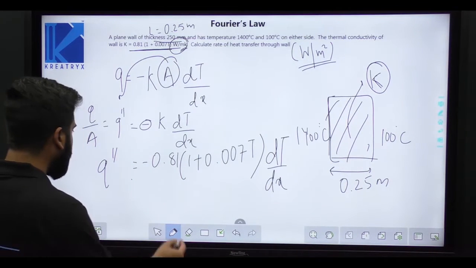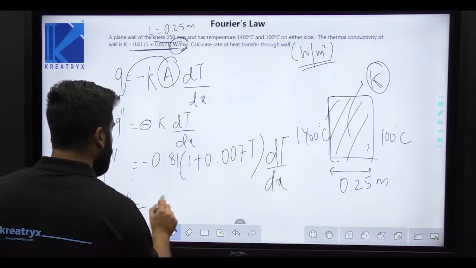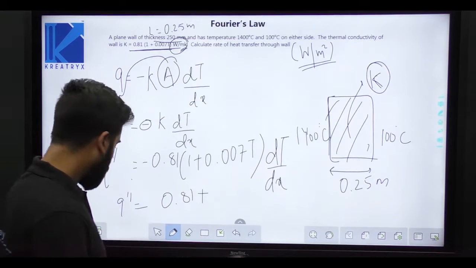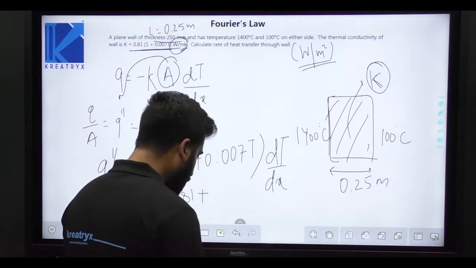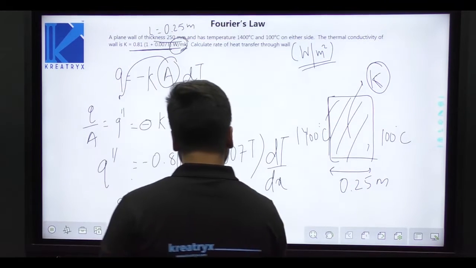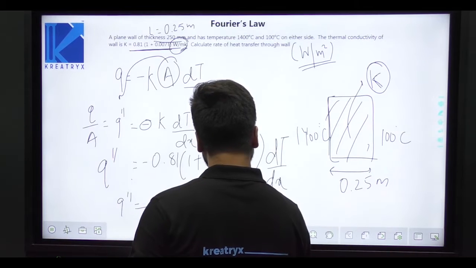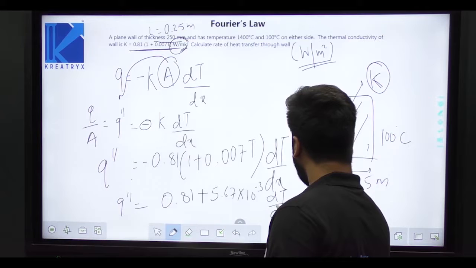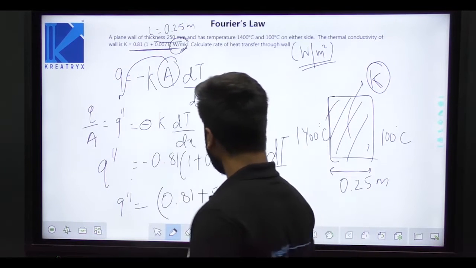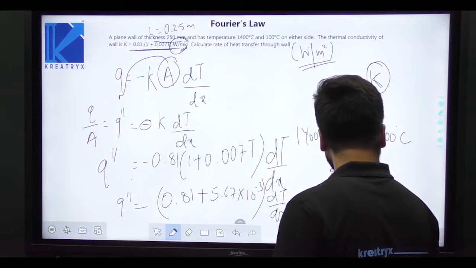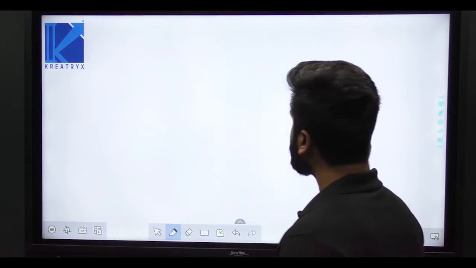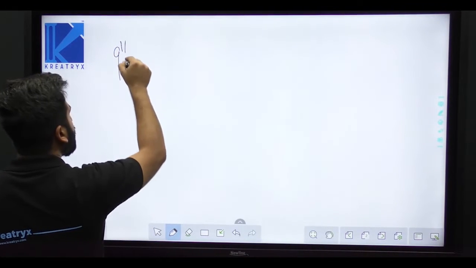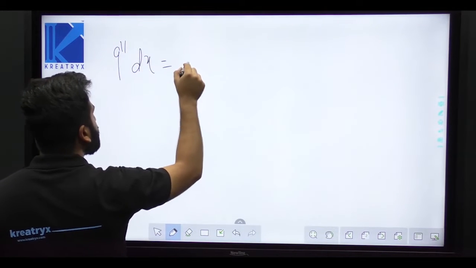So when you open it, Q double dash is equal to 0.81 plus 5.67 into 10 to the power minus 3 T, again with the dT by dx. Let's move on to the next page. I'm taking that dx here, so Q double dash dx is equal to